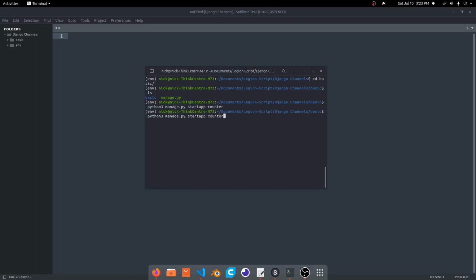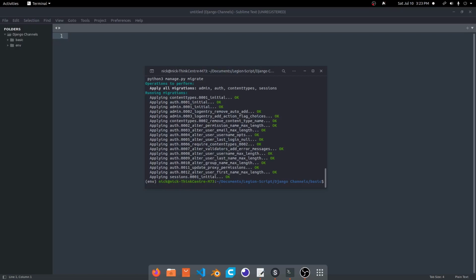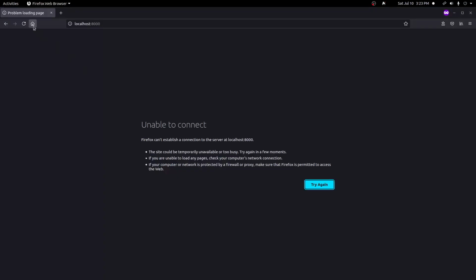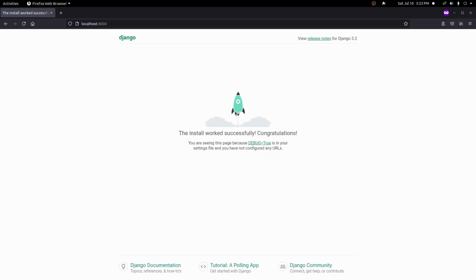Now let's go ahead and migrate the changes. So python3 manage.py migrate. And now we should be able to run the server and make sure everything's working fine. So we run the server, we'll jump into a browser here, reload the page, and there we go. Now we have our basic